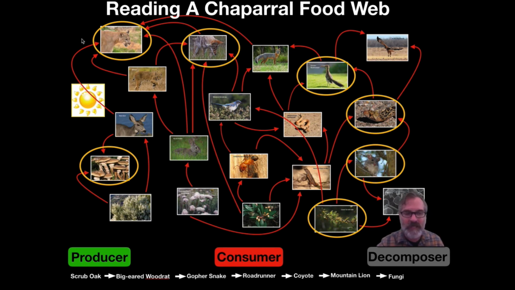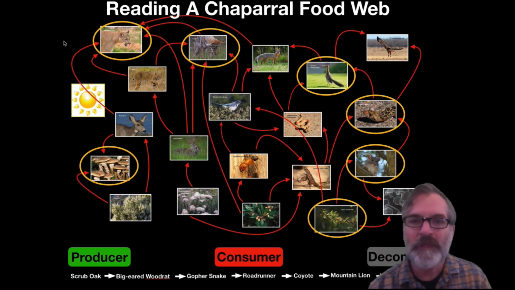Once this mountain lion dies, the decomposers will start to break its body down and break all of that matter back into the soil. And then those nutrients will go back into the soil, and then the producers will use those nutrients, and again, water and CO2 from the air, and the energy from the sun to create more glucose or energy storage molecules, and then the cycle continues. So that's the flow of energy and matter in this